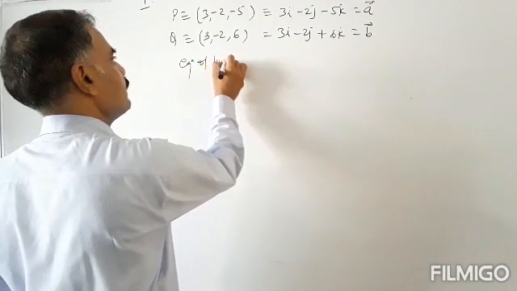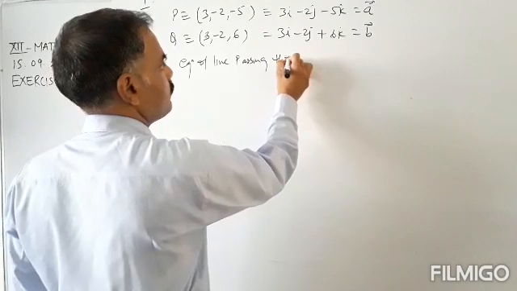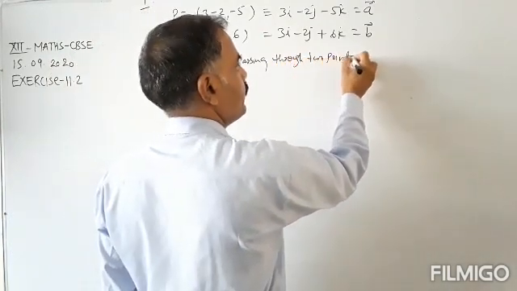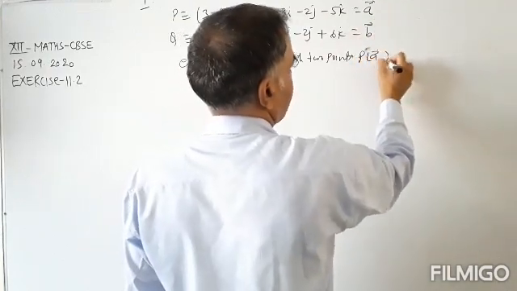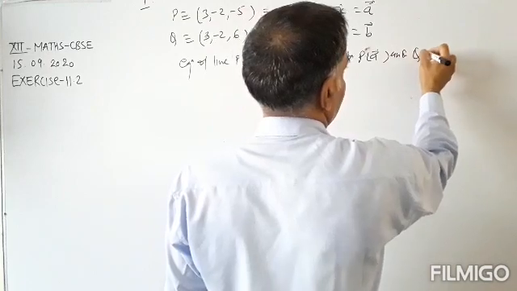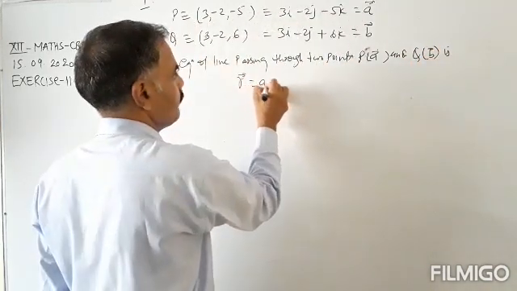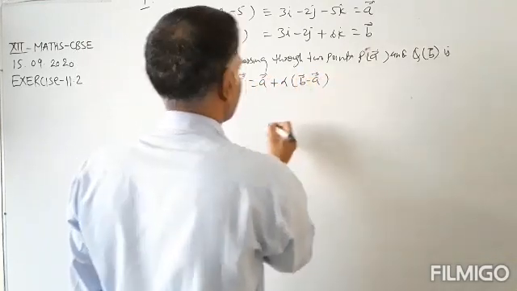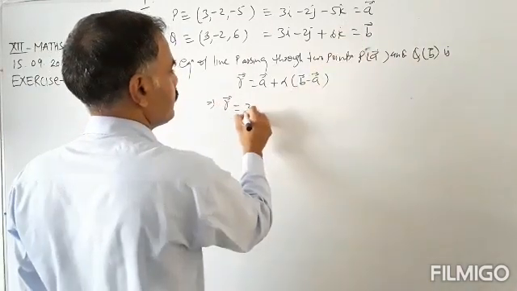Equation of line passing through 2 points P with position vector a vector and Q with position vector b vector is r vector equals a vector plus lambda times (b vector minus a vector). So r vector equals a vector, that is 3i cap minus 2j cap minus 5k cap,